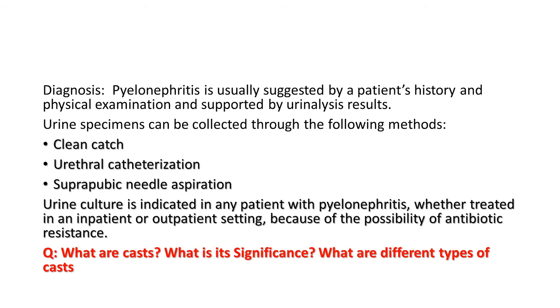Suppose you get RBCs. The RBCs could be from hematuria due to bladder causes, but if you get RBCs along with RBC casts, it indicates the hematuria is because of glomerular disease or upper urinary tract. That means the kidney is involved, not the bladder. Different types of casts can be cellular cast, epithelial cast, hyaline cast, granular cast, WBC cast, RBC cast. So you have to enumerate.